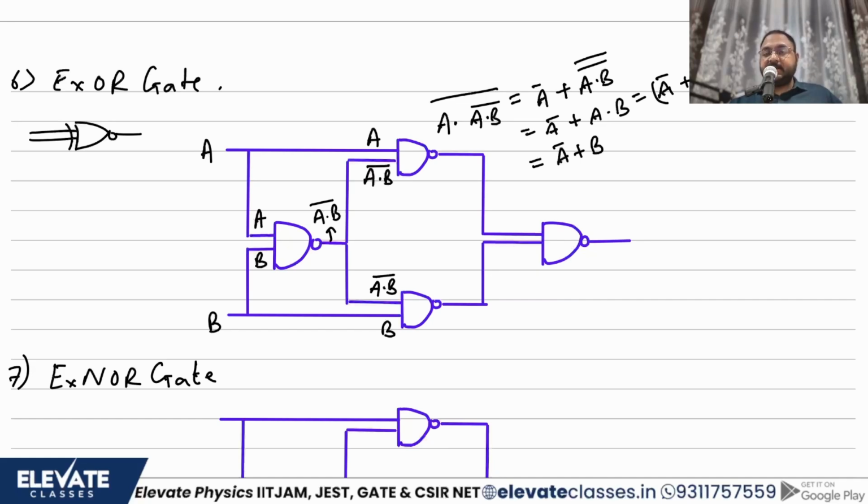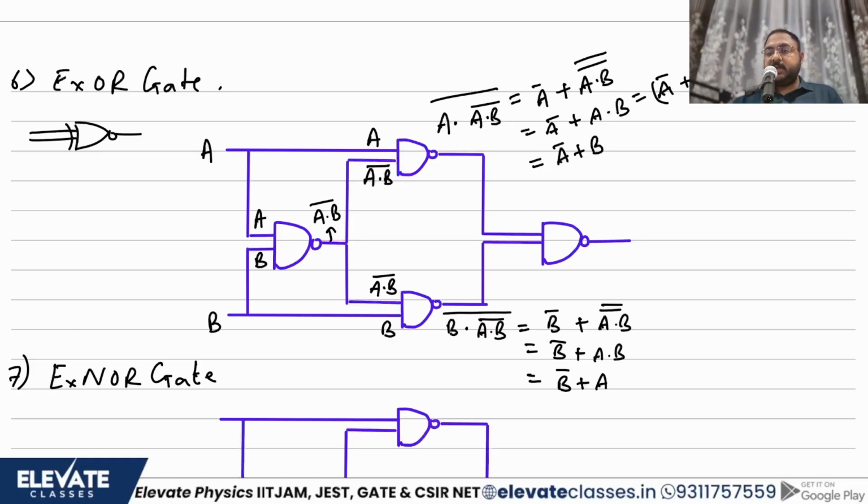Something similar is happening here. Let's use the NAND again. So I'll have B dot A dot B complement and a whole complement on top of it. Let's try and simplify this. This will become B bar plus A dot B double complement, correct? So this will become B bar plus A dot B, and now if you use the distributive law, this will become B bar plus A.